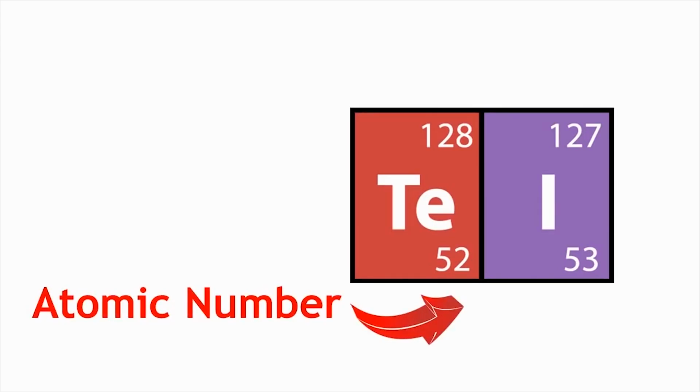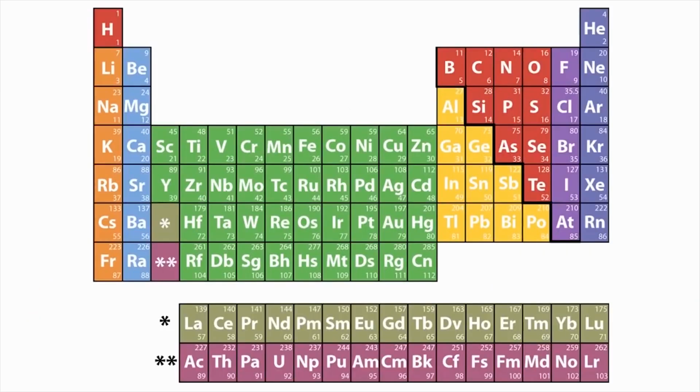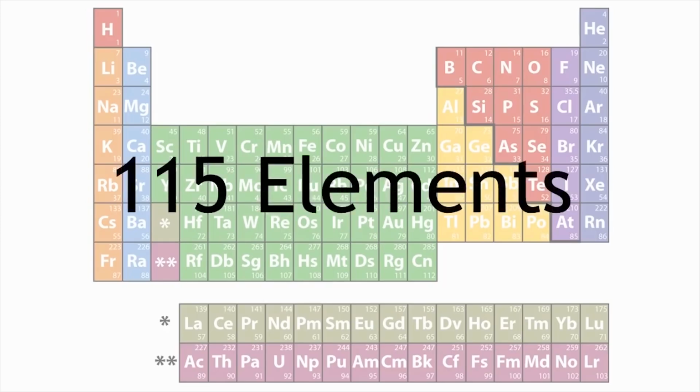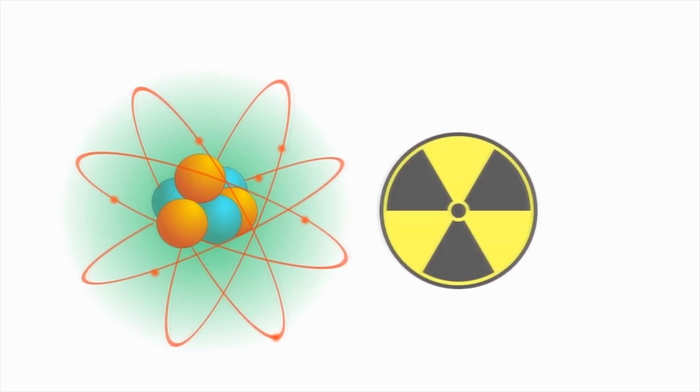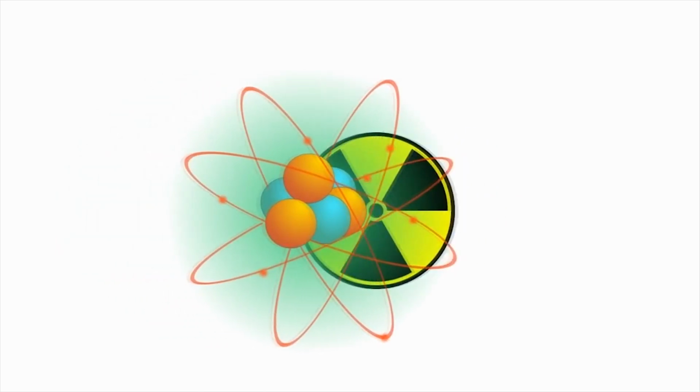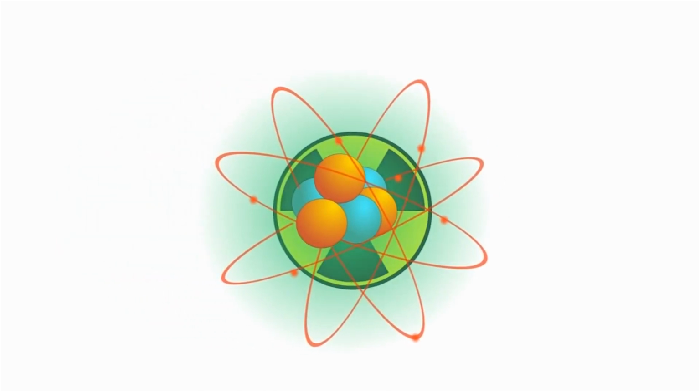In the modern periodic table, there are currently around 115 elements, and although new elements aren't really being discovered anymore, new ones are being made by scientists. These new elements are highly radioactive. Radioactive elements have an incredibly short existence because they decay very rapidly. But if we know where they could be on the periodic table, we can make really good predictions about properties